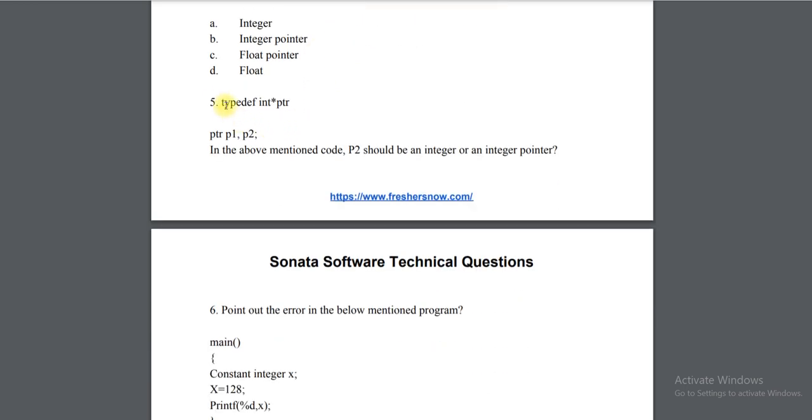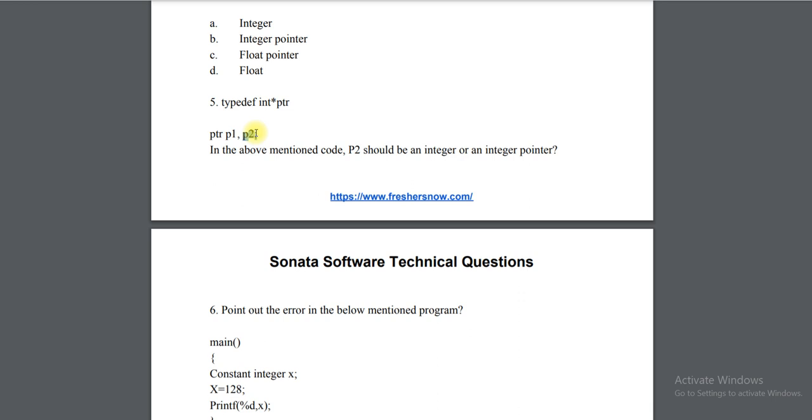Okay. Now coming to question number 5. So in question number 5, you can see typedef int star ptr. So here it is defining an object, int ptr, like an int type pointer. It is something like a structure. I hope you have already gone through typedef. So it is just one type of object bucket, and from that bucket they are creating p1 and p2.